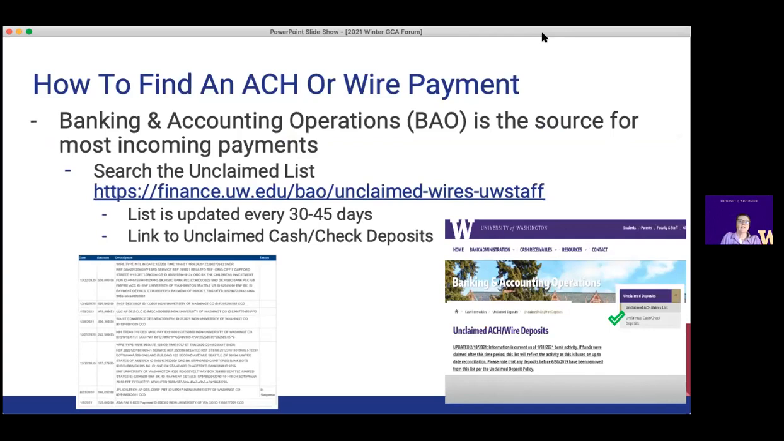Next. So if you're looking for a payment, this is a plug for our partners, banking and accounting operations. They are the source, man. They basically know all the money. They can look at all the accounts within the UW, or most of them, I should say. They have an unclaimed payment list. So this is a little screenshot. On the right-hand side is their website. And then